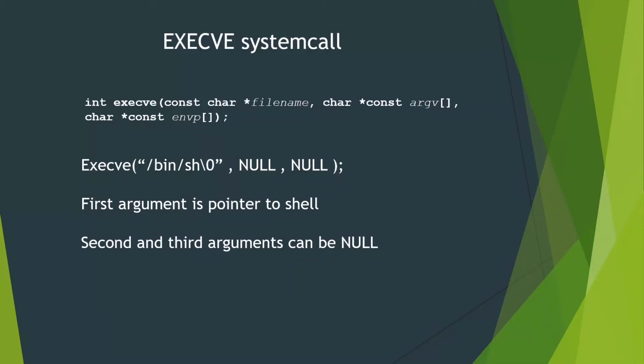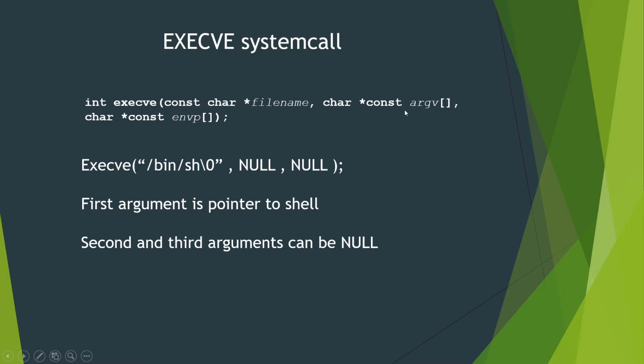So guys, in this video we are going to take a look at the execve system call. The execve system call executes a command or a file name. Let's see the syntax. int is the return type of this function, and execve takes a const char filename. It means we need to send the pointer to the file name, or you can send the path.